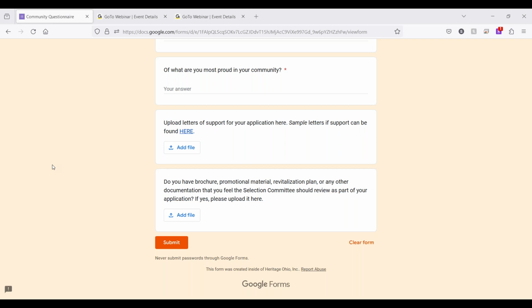transformation strategies set, so that we can really see that that community organization is set up for success and that they have all of those baseline requirements in order. And those come down from Main Street America through Heritage Ohio. And we are sort of the agency that helps build up those assets in each of those communities with the